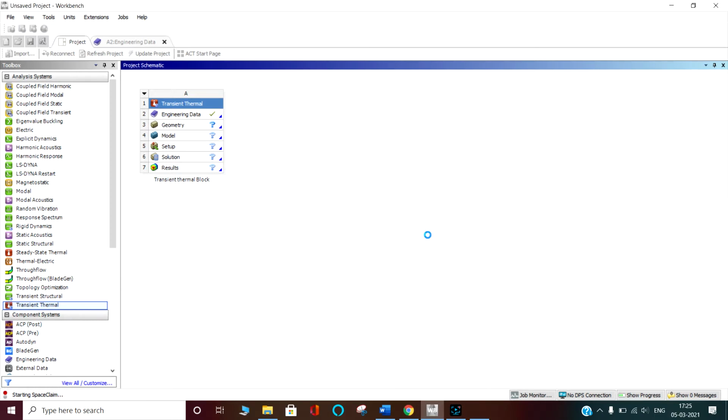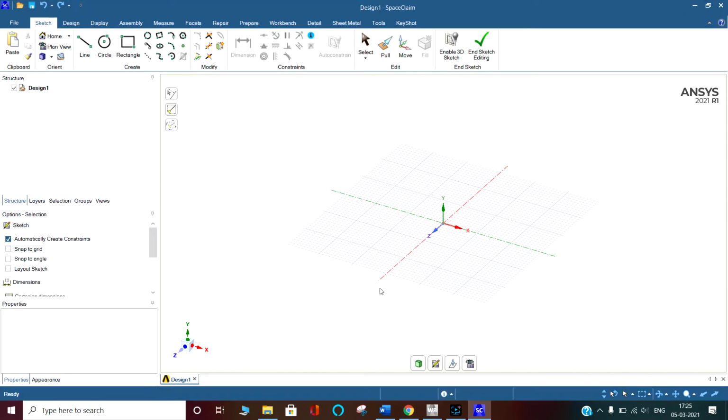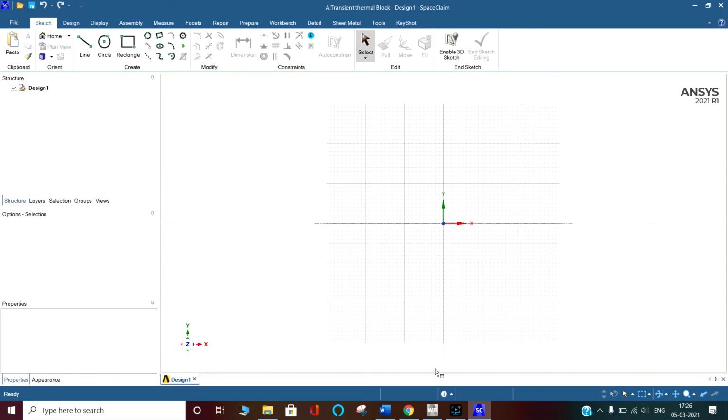At the same time, I am saying you can try to use this tool. So ANSYS SpaceClaim has opened. First, we have to select the plane. For selecting the plane, I will choose the Z axis, which means I have to draw in the XY plane. Select the sketch here, then click anywhere on the sketch. You can now draw any sketch here.